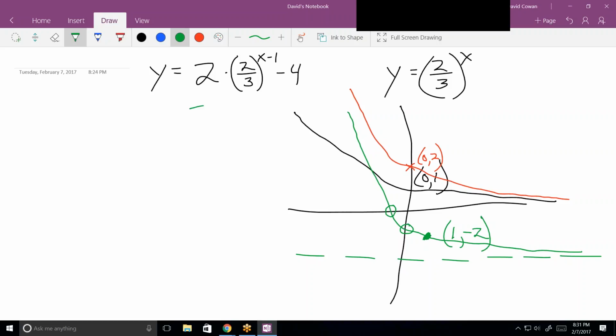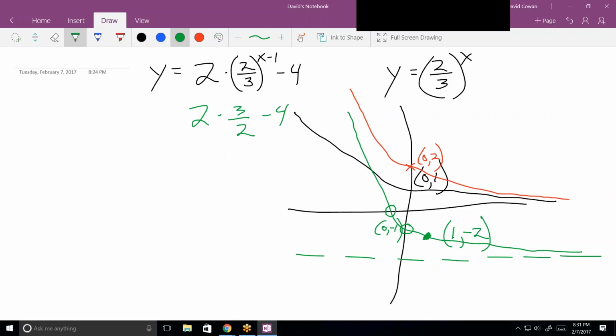So that becomes 2 times (2/3) to the minus 1, which is the same as 3/2, minus 4. Well, that's 3 minus 4, negative 1, is this point right here. The y-intercept is (0, -1). And that makes sense, right? I mean, if this point lower than that is (1, -2),